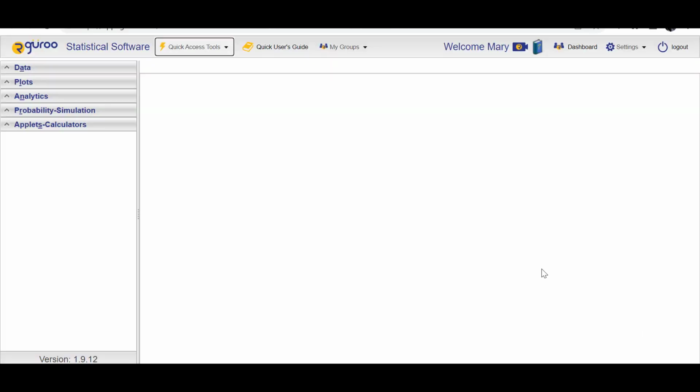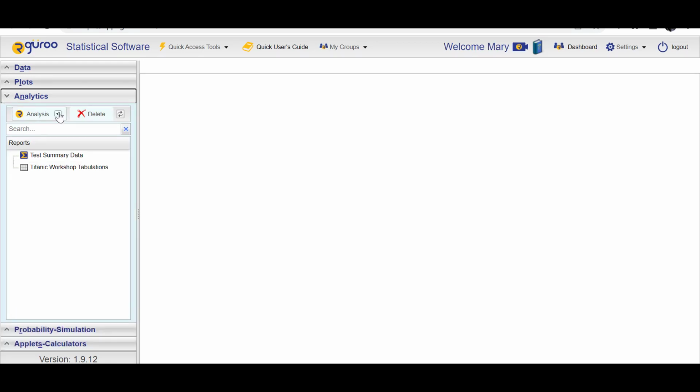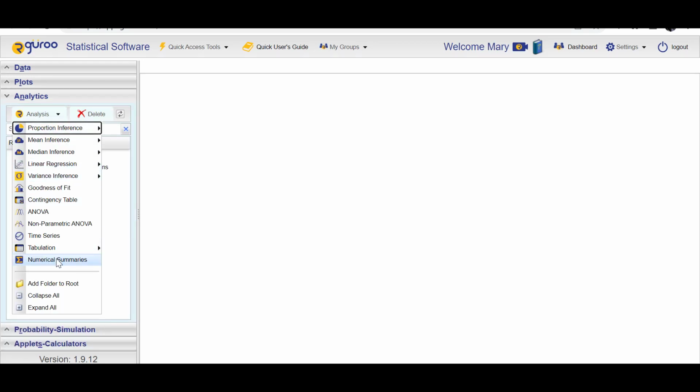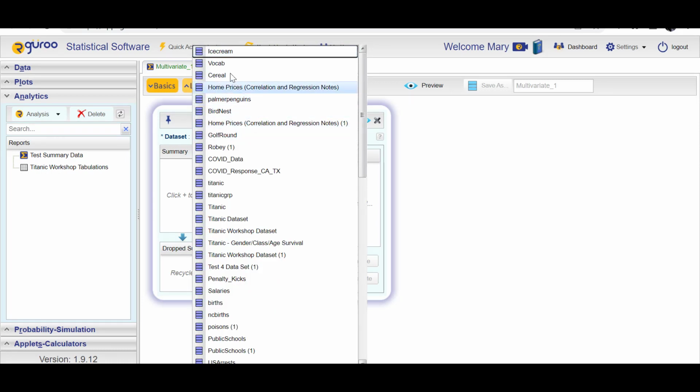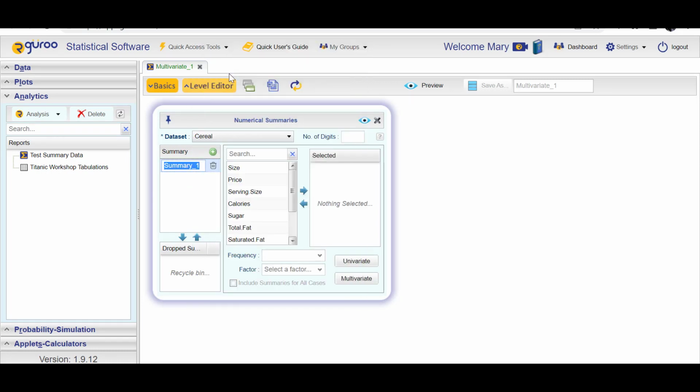Okay, so I want to illustrate that with Rguroo. So we'll go to Analytics, choose Analysis, Numerical Summaries. You need to choose a data set. I'm going to choose the cereal data set that we've used in videos in the past. You can name your data summary if you want. I'm just going to leave it as is. I'm going to move calories over to the far right,